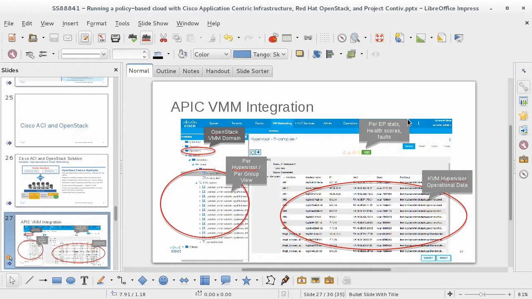So a couple of things I'll call out. If people want to see a demo, you can also reach me after, and I can show you some of these things. But basically, inside our GUI, we end up sucking information in from OpenStack using our OpFlex agents. So we have what's called a VMM domain for virtual machine management. It actually connects up to the OpenStack controller, and it receives information from that controller. So that'll include information like what hosts are under management, what hypervisors, what neutron networks have been created, and then we also get telemetry information from those.